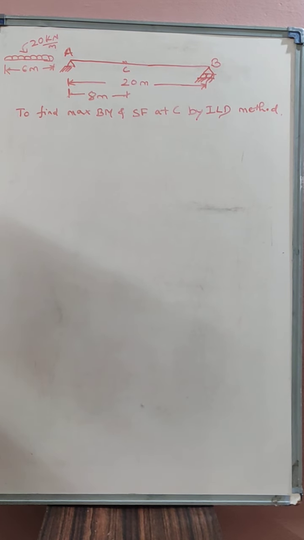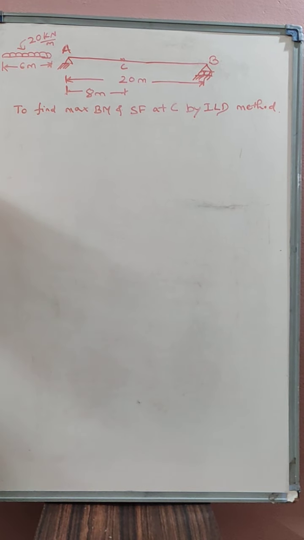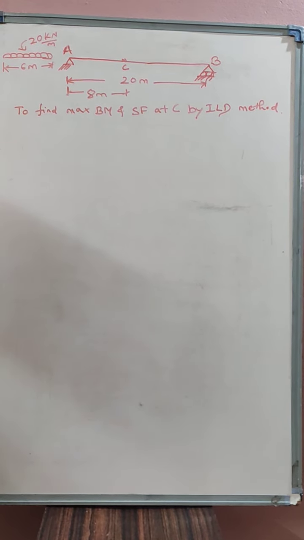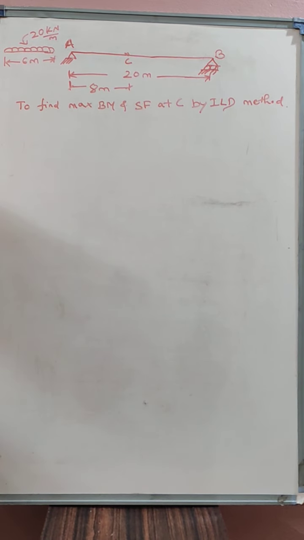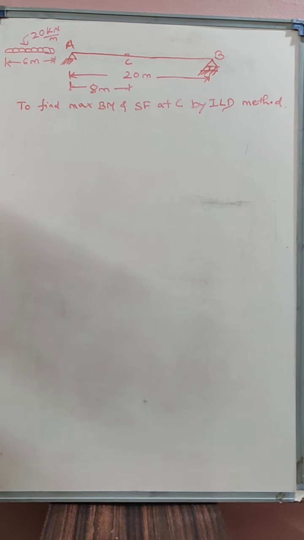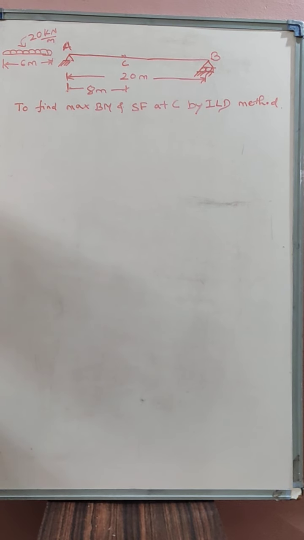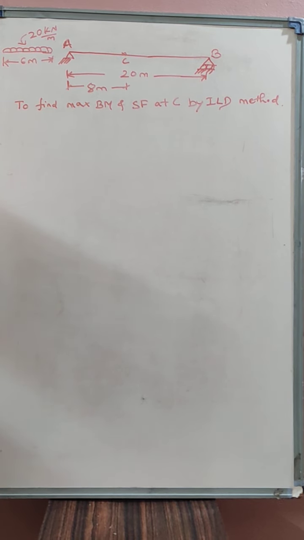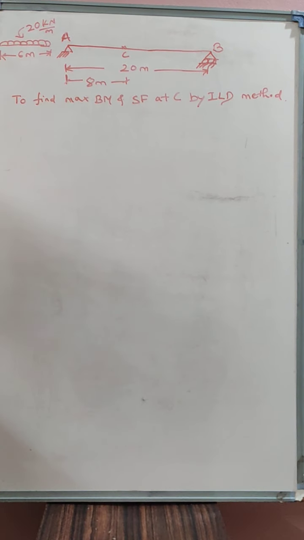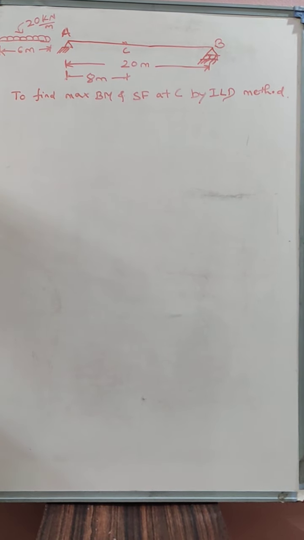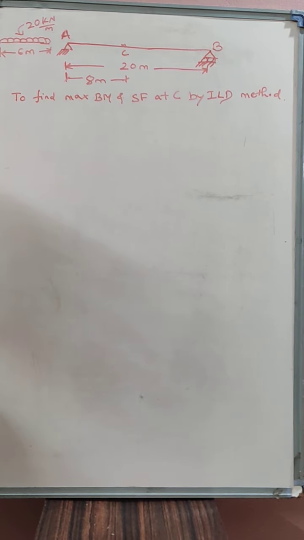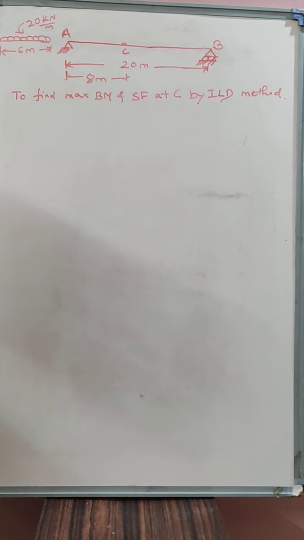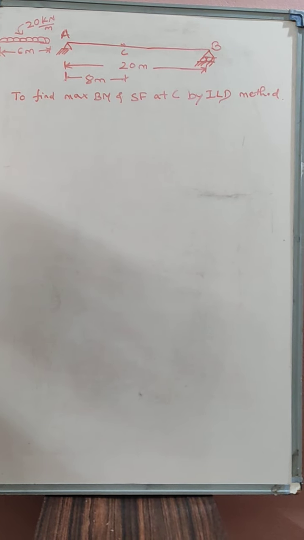Now in this session, we will continue our discussion to find out maximum bending moment and maximum shear force at section C. But instead of series of concentrated loads, we will take up a UDL when a UDL moves from one end of the beam to the other. Then in that situation, what is maximum bending moment at C? That is how to find out maximum bending moment at C and how to find out maximum shear force at C. This will be taken up in this particular session.